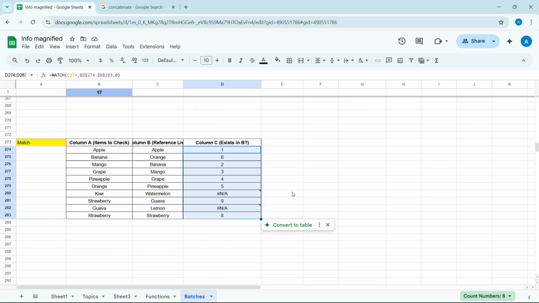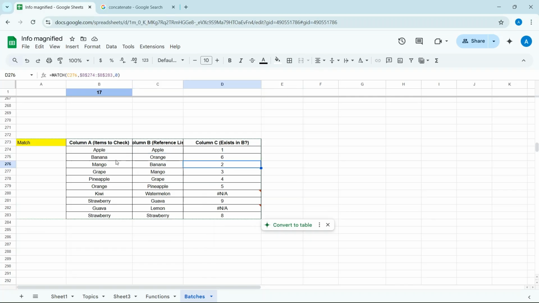Now you can see, because earlier I did not fix the range, now I fixed the range. As you can see, the orange, if you count here, 1 2 3 4 5 6, the position of orange in column A is 6, then banana